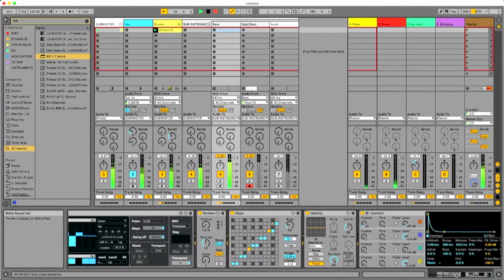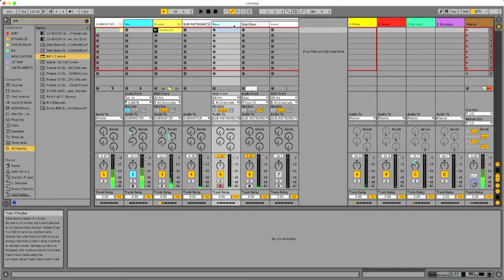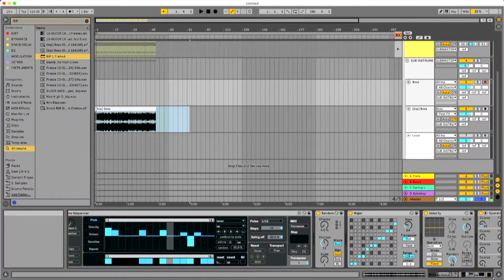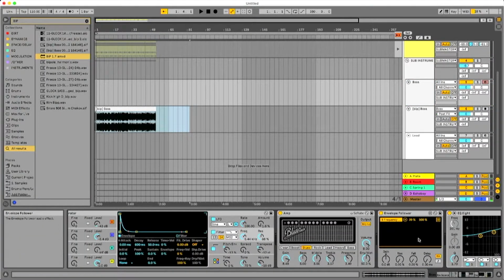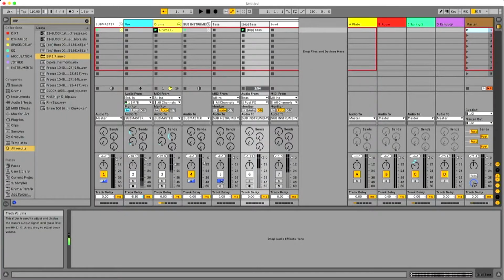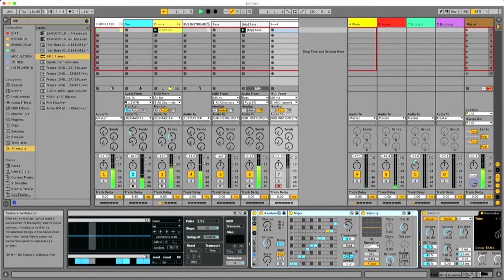I'm just going to record this going for a little bit. That's probably enough bass going on. So now, just to save some computing power, I'm going to turn all these off. There we go, so just dragging this up here. Cool. Okay, so what I've got now is this lead instrument,